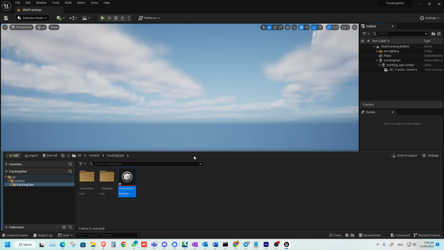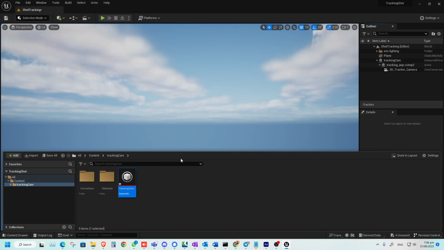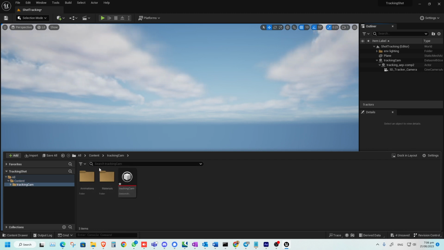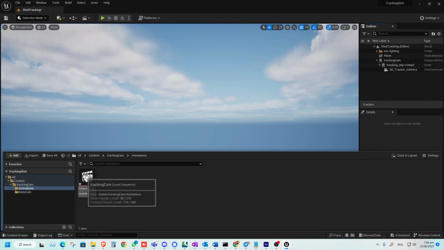It imports a bunch of stuff, this 3D camera, into your level, which is why you have to have a level. Once they are opened inside this folder, it gives you this camera,